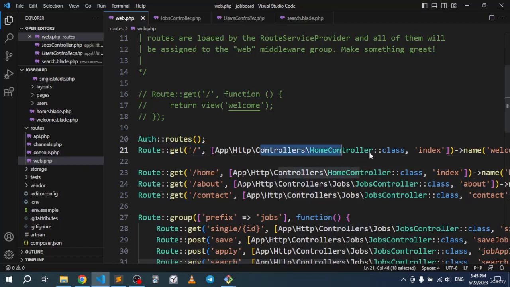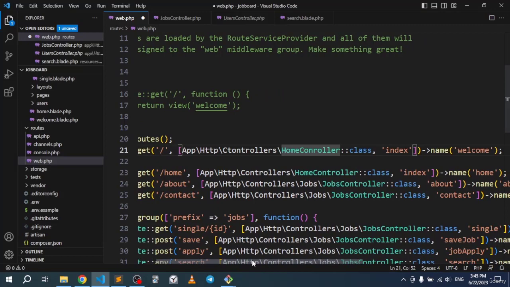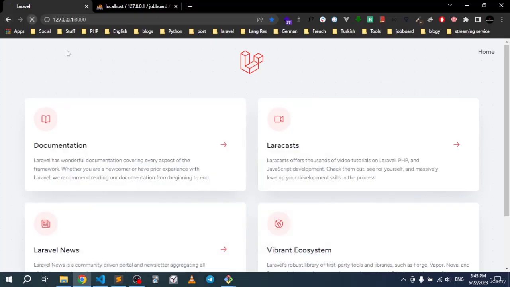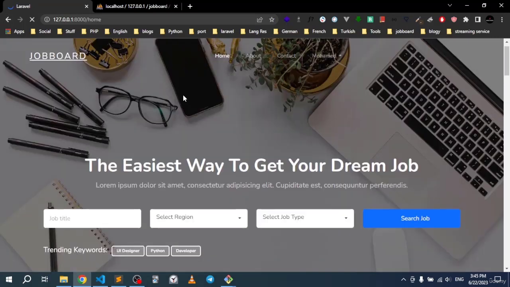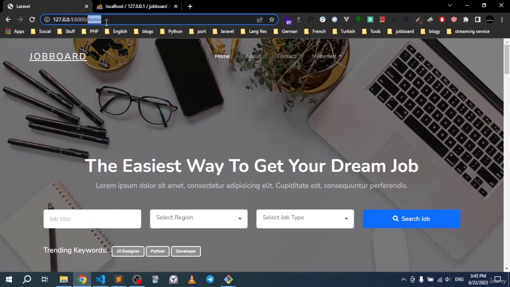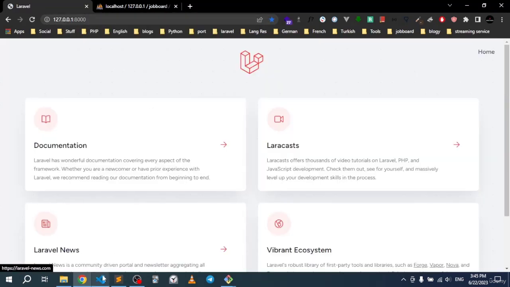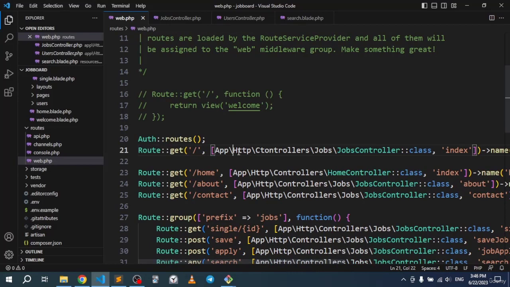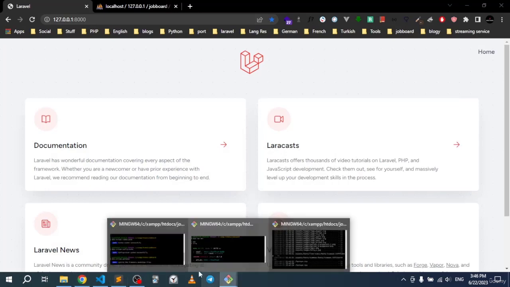We get this error right here, and if we go to the home controller, we should not go to the home controller, we should go to this controller right here. This is why. Let's refresh and click on this. It's going to the home, but once we hit this, what exactly am I doing wrong? It's going to go to the jobs controller. So we need to go ahead and